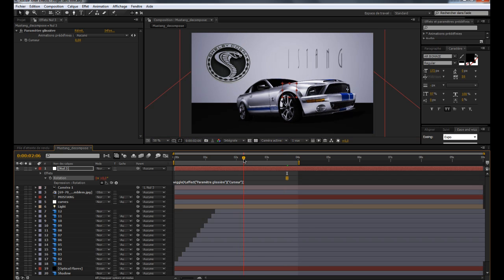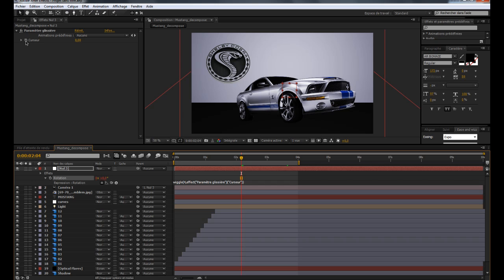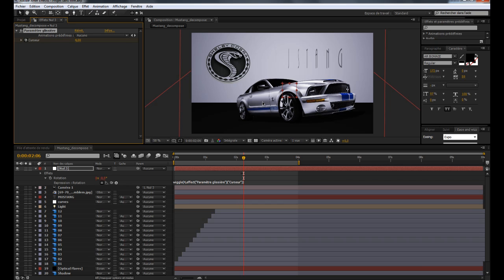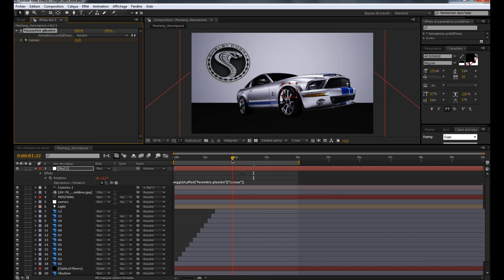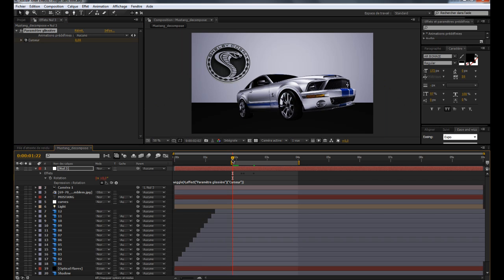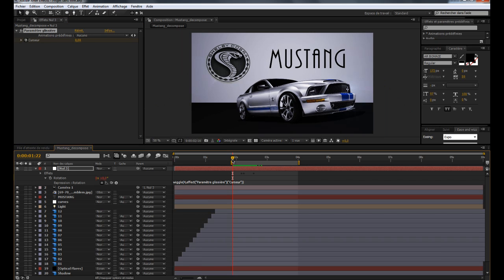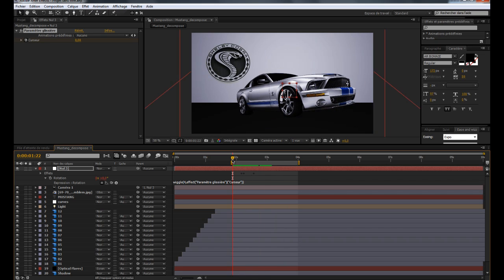We're gonna go when the wheel touches the ground, here, add a keyframe, move forward 2 frames, type 4, then we're gonna move forward 8 frames and put it back to 0. Okay,